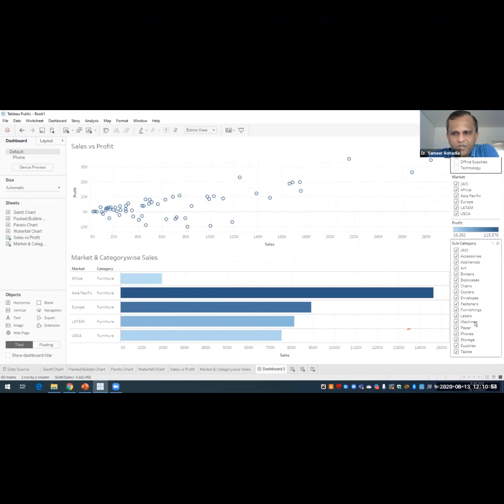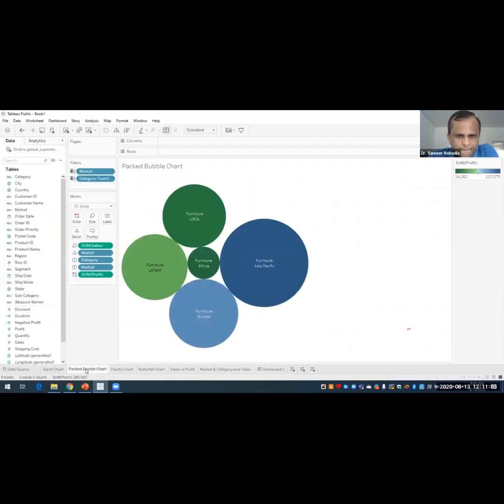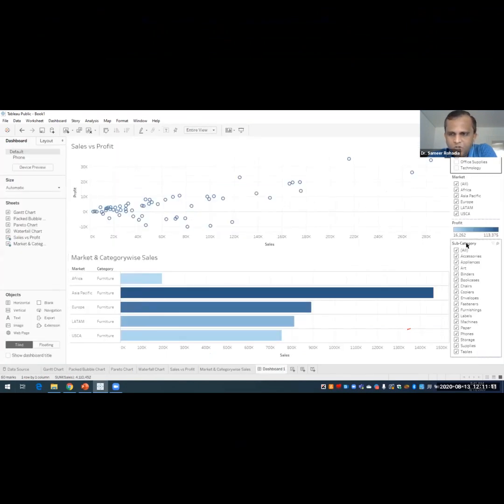Let me show you this. Whenever I'm selecting the furniture category, in the furniture category there are some specific subcategories.